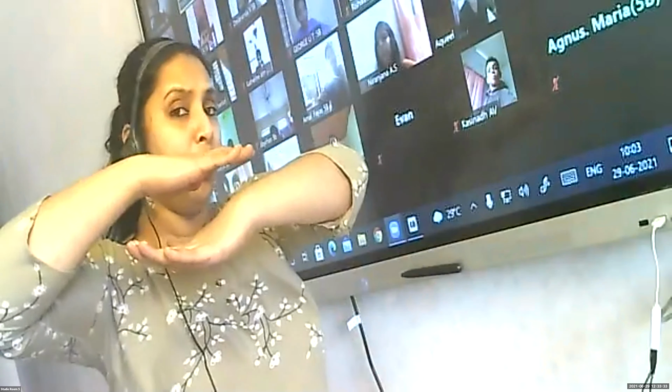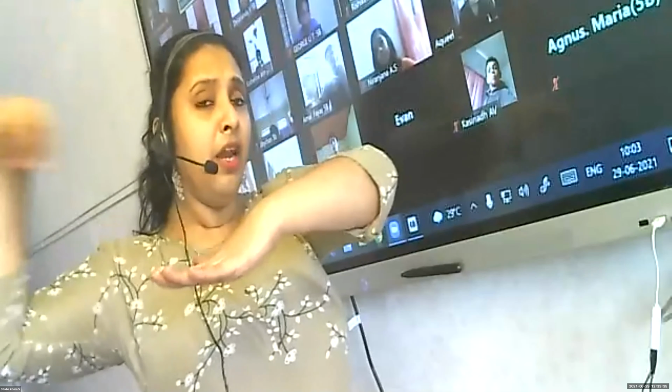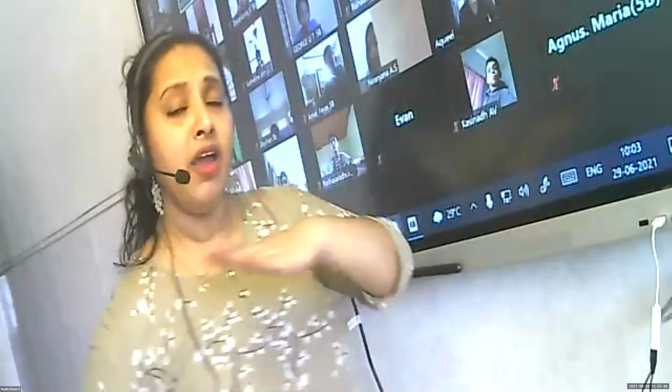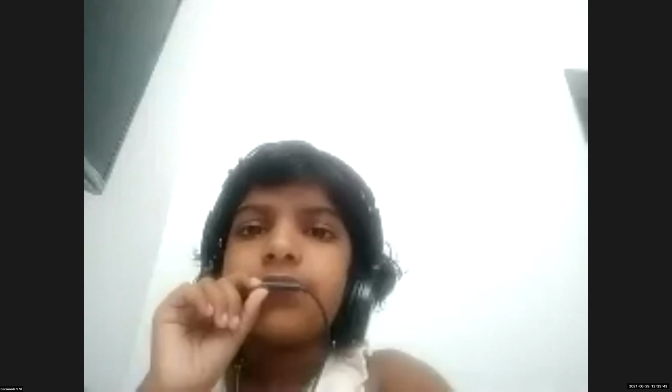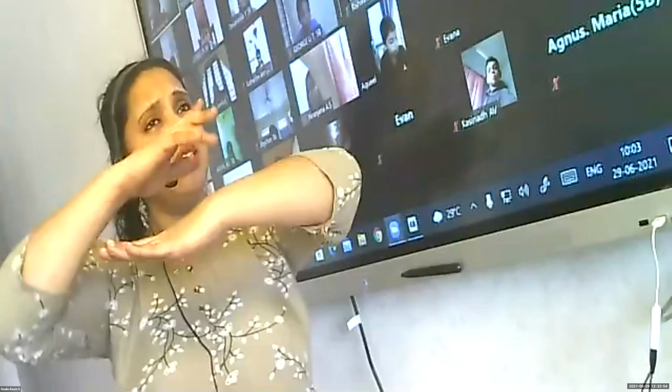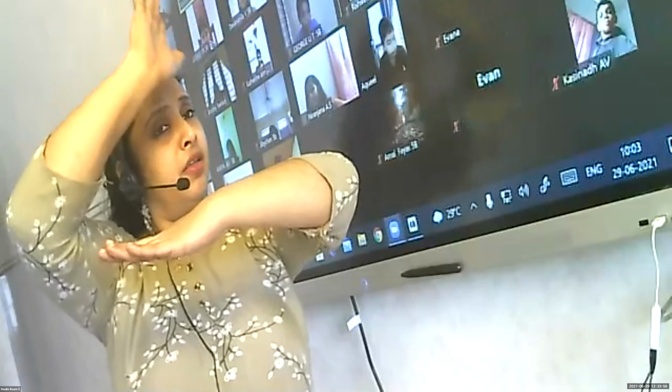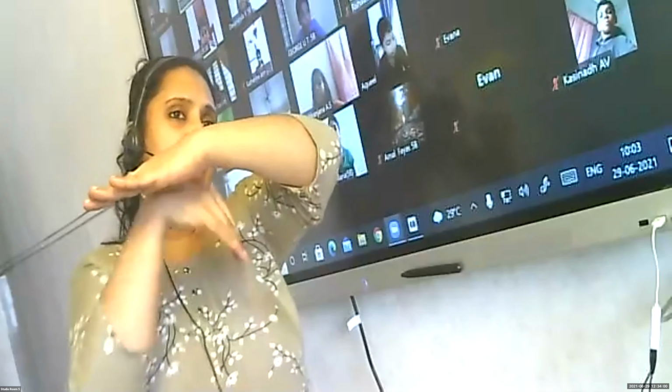An imaginary line drawn around the middle of the globe. Equator. The Equator divides the globe into two equal parts. What are they? Northern Hemisphere, Southern Hemisphere. Okay, tell me, the Tropic of Cancer is in which hemisphere? Northern Hemisphere. Tropic of Capricorn in which hemisphere?